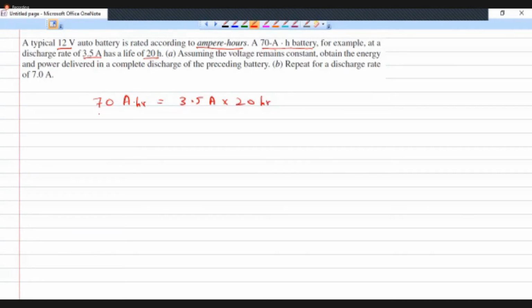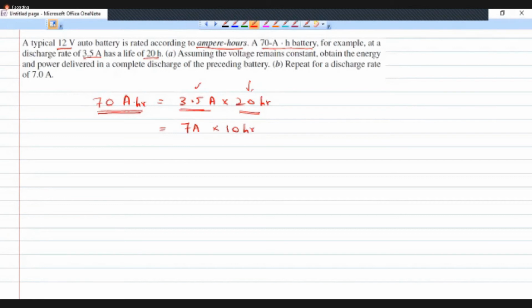So what is this quantity? This is nothing but a measure of the energy that is stored in the battery. Okay, the total charge that is stored in the battery. So once this battery is charged to this much energy, then it is capable of delivering this much current for 20 hours. If we draw double current, so if we draw 7 ampere current, then it can deliver only for 10 hours. That is half the time. Because we have doubled the current, so we have to half the time, like that.